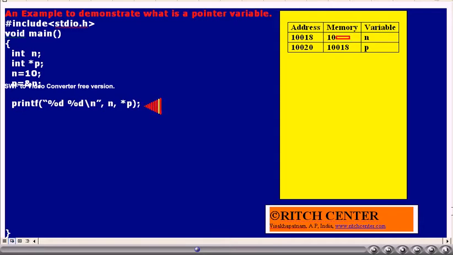Currently, the p value is 10018. That is, it is pointing to the memory of the variable n. What is there in that memory? 10. Thus, this printf statement gives 10 and 10. So, this indicates that star p is as good as n. Wherever we have to use n, we can as well use star p.